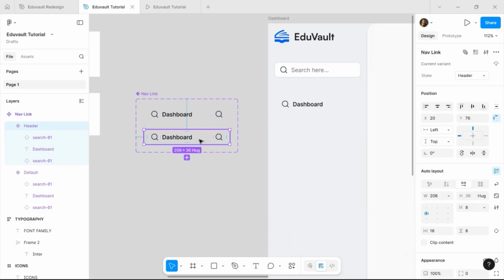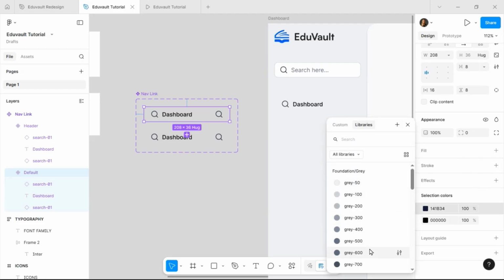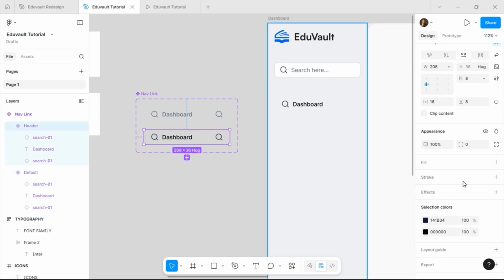So now that we have this, the next thing we're going to do is to work on this stuff. So we are going to have two states. The first state is just going to be the default state, and the next one is going to be the selected state. The default state is just going to be neutral. There is nothing happening there. So the default state is basically when no page is selected yet. So we are going to change everything in the default state. We're going to change the colors. So I'm just going to change the colors of the icon and this also. So this is basically the default state. And then the selected state is going to have,